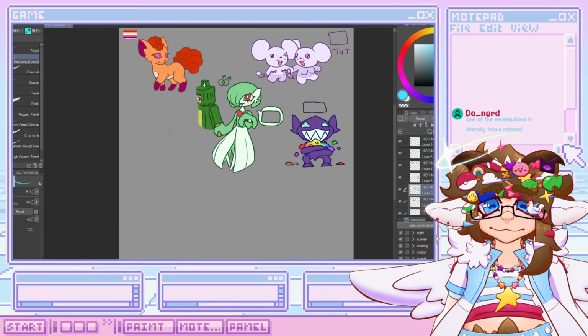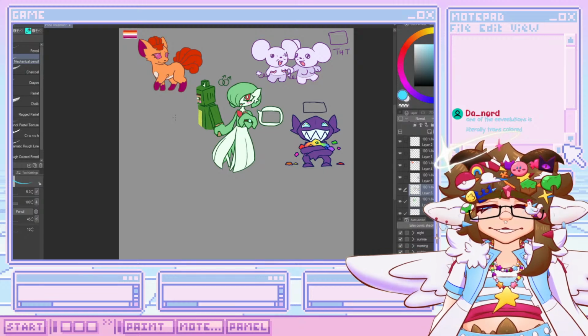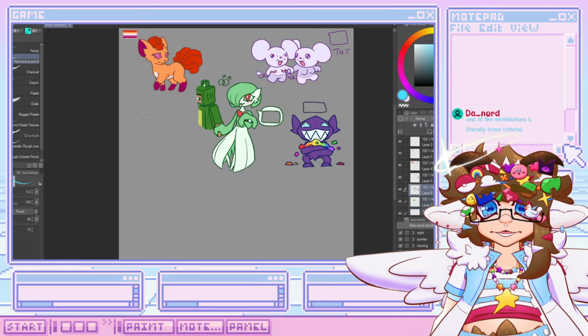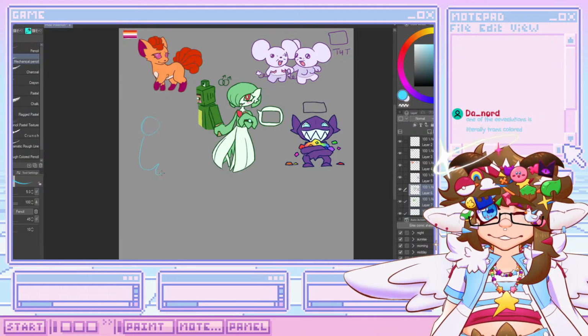I was trying to avoid saying Sylveon, but Sylveon is quite literally trans-colored, so we can just doodle a little,